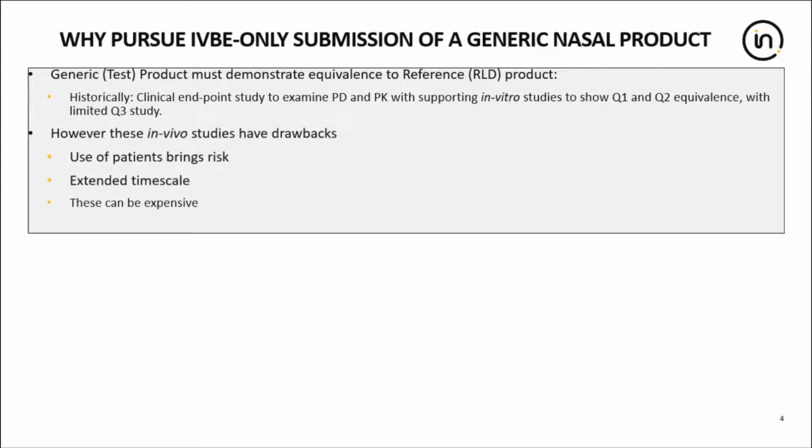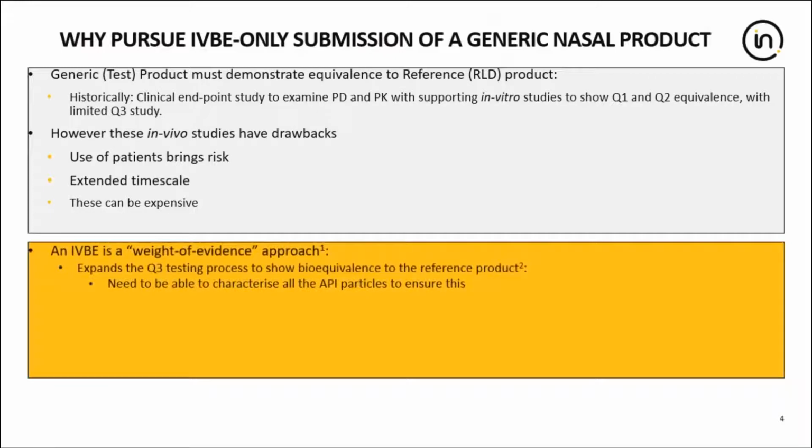However, these in vivo studies have drawbacks. The requirement for a patient increases the safety risk, and these endpoint studies have a fairly long timescale, and all of this means they're relatively expensive. So how about using an in vitro only approach for generic nasal products? So this new approach was triggered by a successful approval of a mometasone furoate product, which demonstrated Q1, Q2, and Q3 equivalence by using this weight of evidence statistical approach that bypassed the need for a traditional in vivo clinical